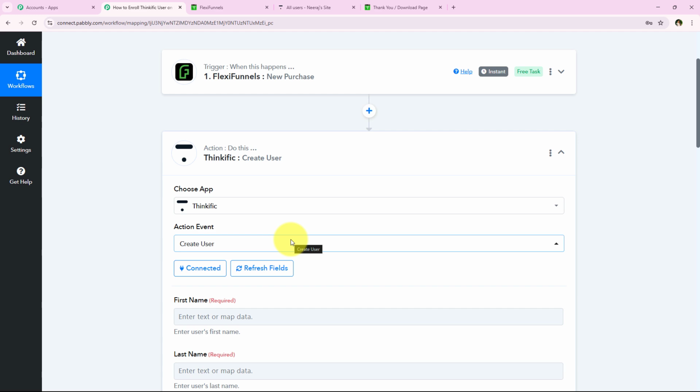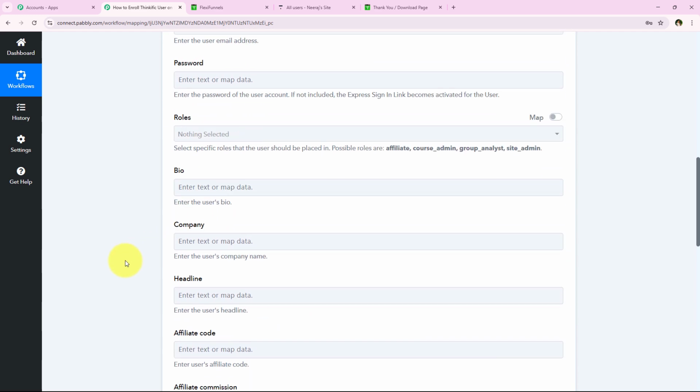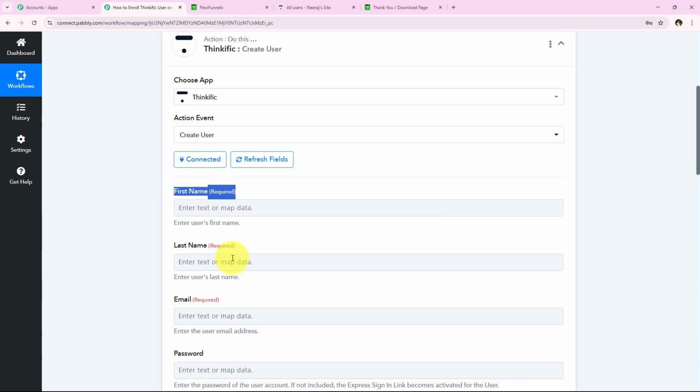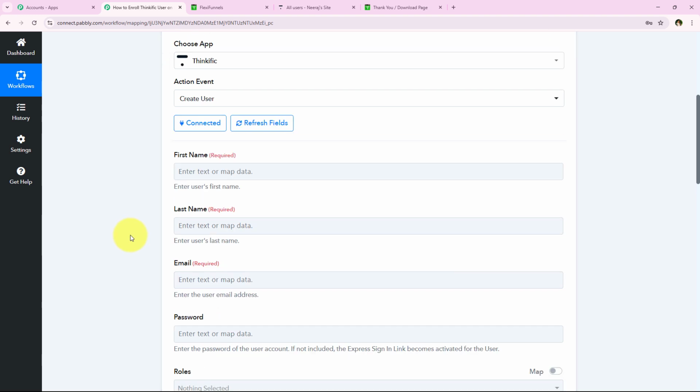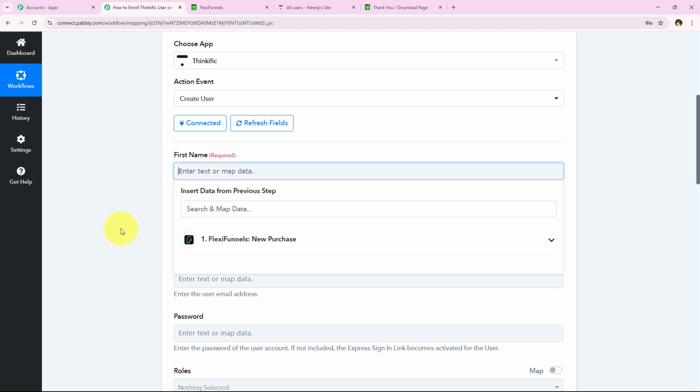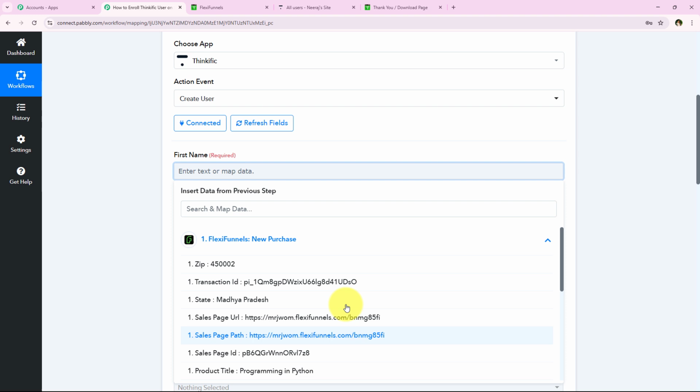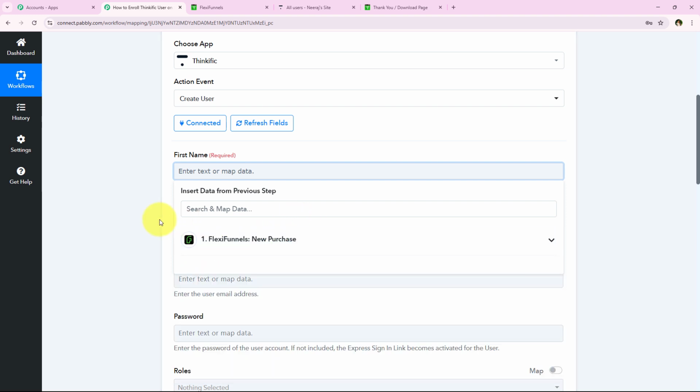And now it is asking me for the first name, the last name, the email, and many other details. So yes, I'm just going to enter all of these details one by one, but we are not going to enter the details manually or by copy pasting it, but instead we are going to map it. So you must be wondering, what is mapping? So mapping is a method by Pabbly which means inserting the data from the previous step. And as you know, our previous step was the trigger step where we selected FlexiFunnels as our trigger application. So we are just going to map the details from the response of our trigger application only, and as soon